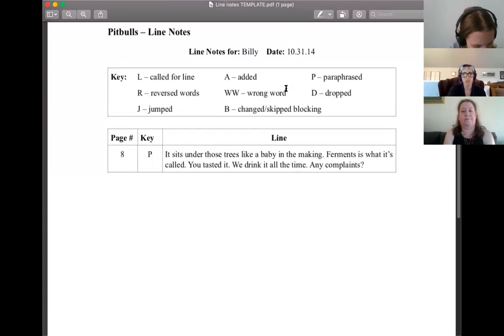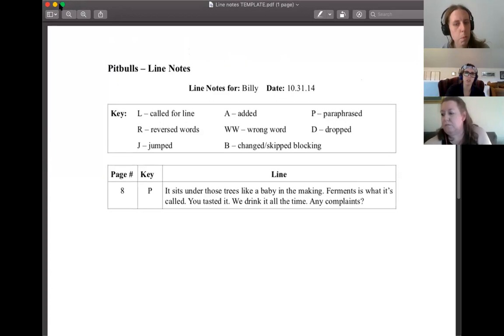Very simple. Name. There's a key. I put their name. So this is for Billy. What the date was. Sometimes I do color. Sometimes I make it bold. Just depends on what's necessary for the person to learn their lines the best way. And then I think the last thing I'm going to show before I play Taylor's video is